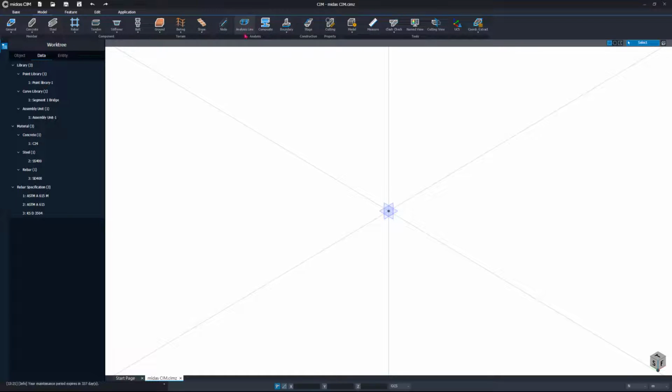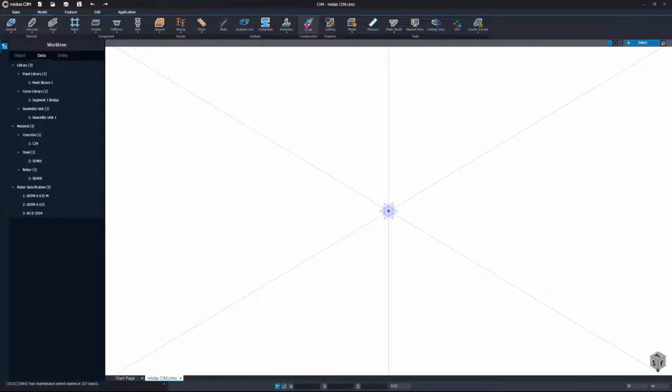This one is also for pier, for boundary, and for construction stage. You can also create the construction stage from CIM, and then you can export it to Midas Civil, so that you don't have to worry about creating another construction stage in Midas Civil.